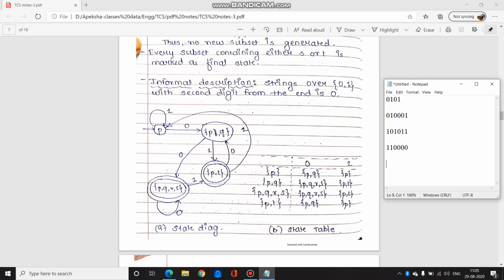If you want, we can take one more example. It's like 0 0 0 1 0 1 1. We can take it like this, and this string will not be acceptable. Wait, I'll just reduce it. Yeah. So see, first input is 1, so it is over here. Next is 0, so it makes a transition to this state. Next input is 0, it will go to this state. Next input is 1, it is coming on to this state. Next input is 0, so it will go back to this state. Next input is 1, so this state. Next input is 1, so over here. So as you can see, if the second last digit is not 0, it is not taking us to the final state. So that is how you informally describe it. I hope it is clear.